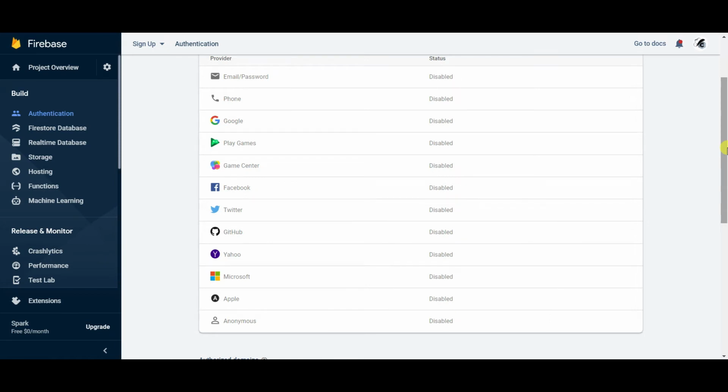You can either use email password or phone verification, mobile number verification. Then you can add Google Play games or sign in methods with the help of Facebook, GitHub, Yahoo, Twitter, Microsoft, etc. So Google Firebase authentication gives you many options for signing in.